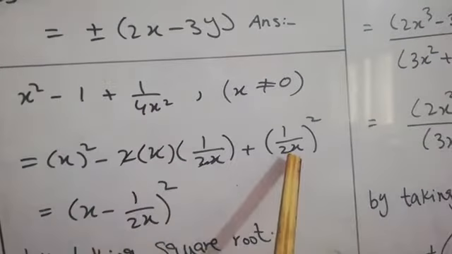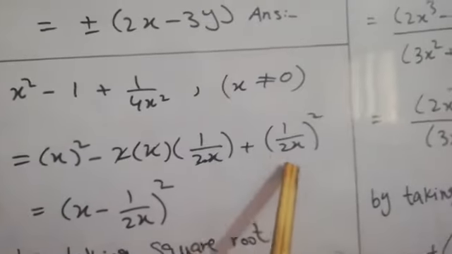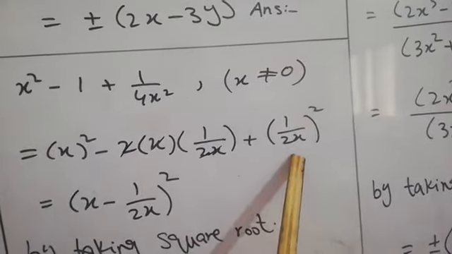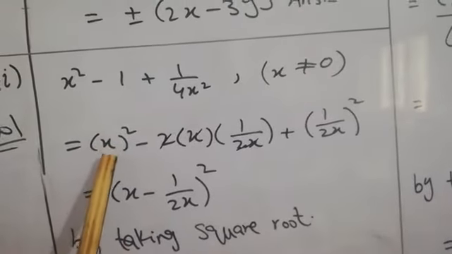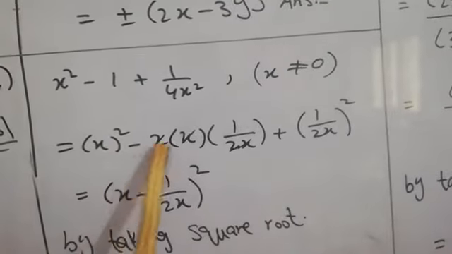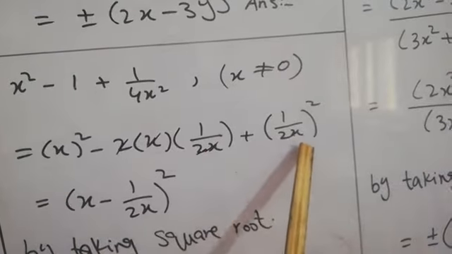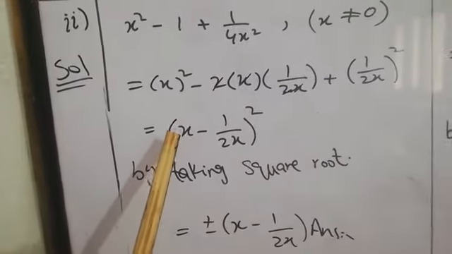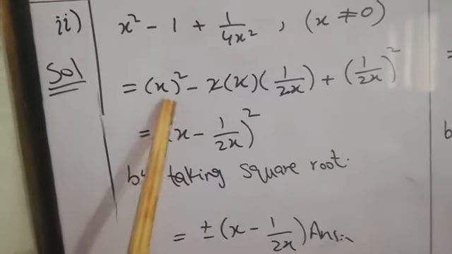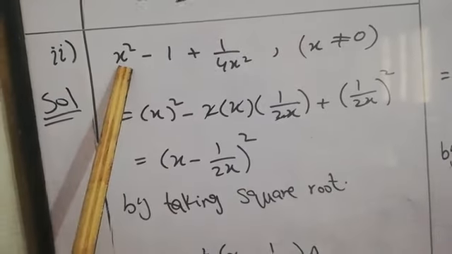You can see that this is a square of x and this is a square of 1 by 2x. So first of all we will write the first term as x square and the second term as 1 by 2x whole square. So now we can convert it into the formula form. It will be x square minus 2 times first term and second term plus 1 by 2x whole square. 2x will be cancelled by 2x and then it will be the same as the previous step.